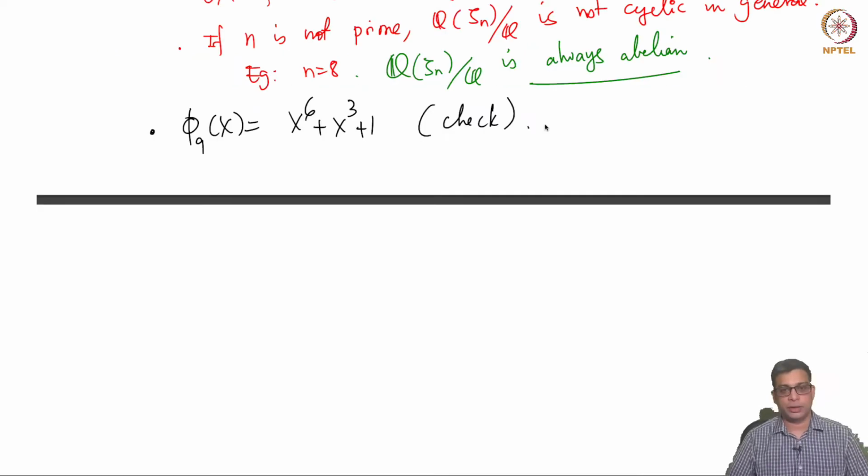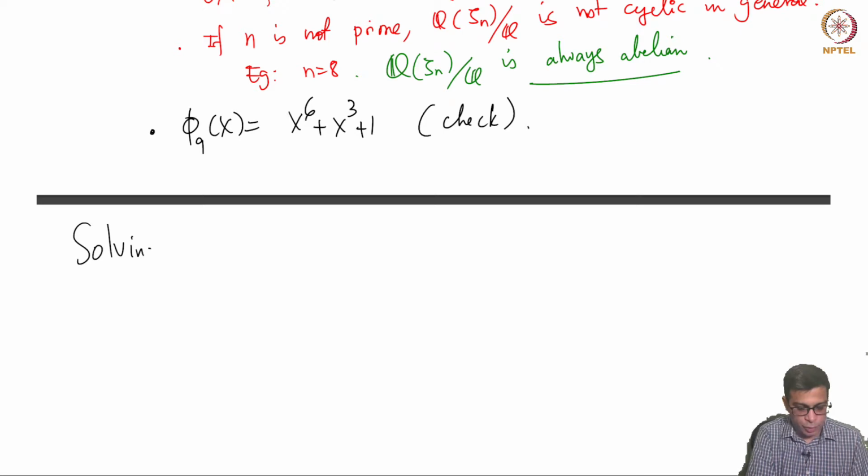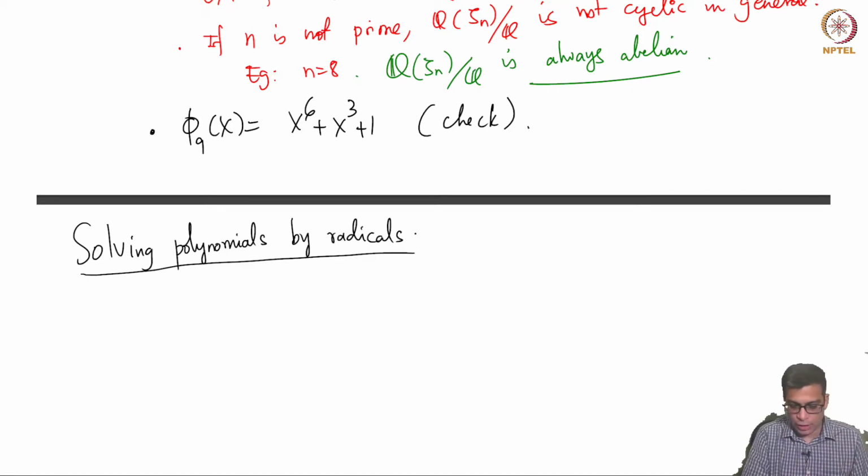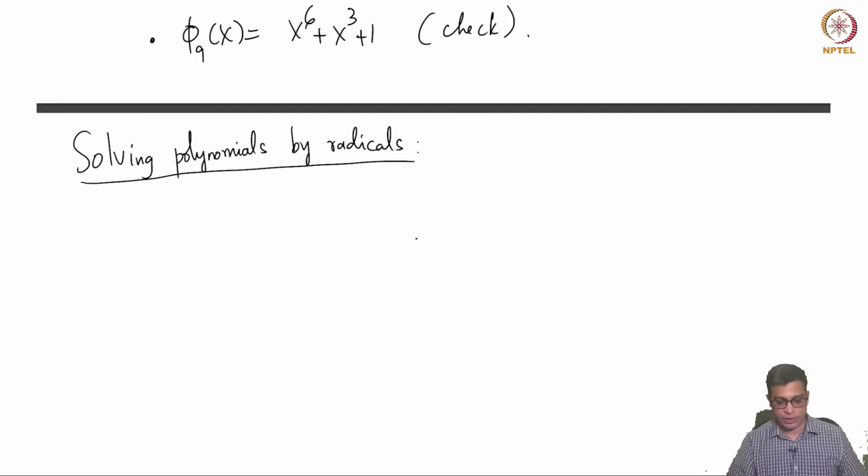Welcome back. In the last video, we completed our discussion about cyclotomic extensions, and the topic now is the final topic of the course. So, the rest of the course is going to focus on solving polynomials by radicals. In the very first video, I described what we mean by this. Let me quickly recall that, and then we formally will define what this means.